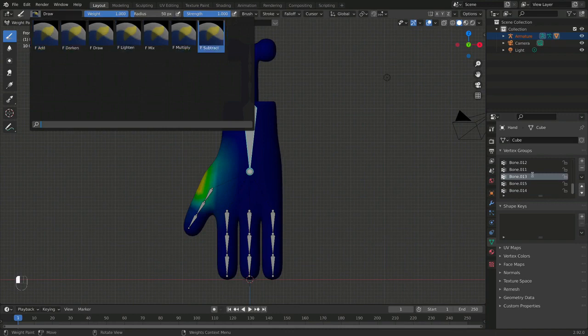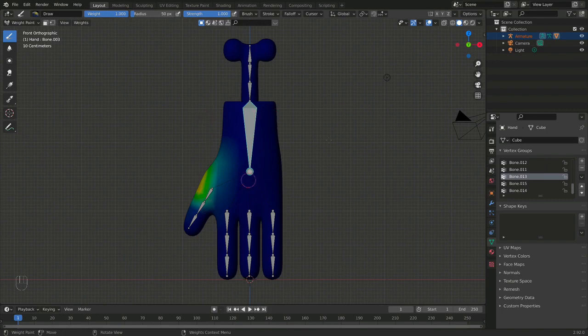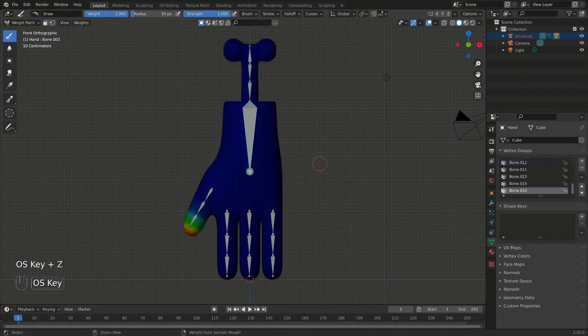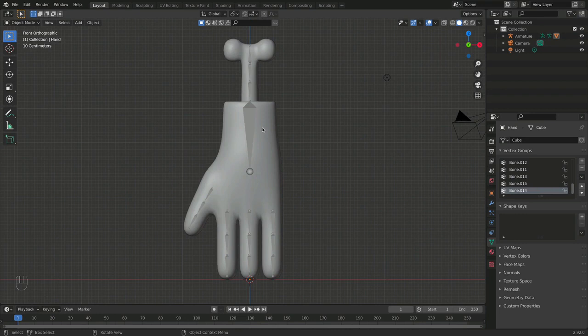And basically, for example, I'm going to select this top bone here. This is the name of the bone, and it's called bone. And here you can see that red means that this bone is affecting this area the most, and blue means this bone isn't having any effect on the rest of the mesh here. So basically, if I add something here, this bone will also control this area here. So I'm going to press Ctrl and Z to go back, and now we are ready to animate